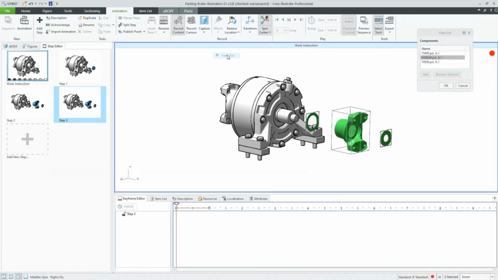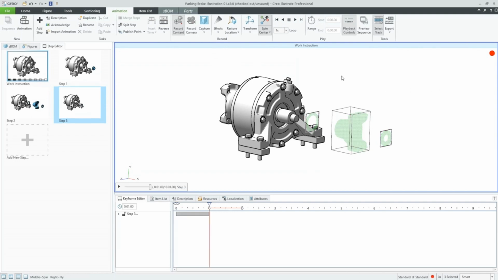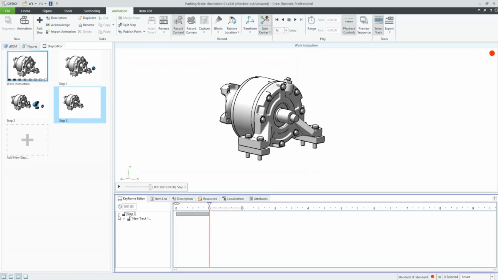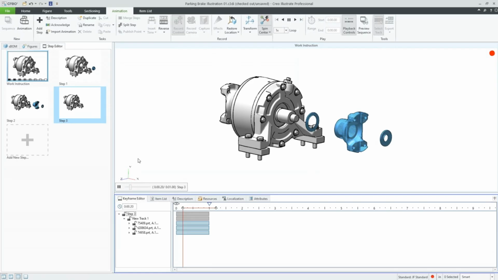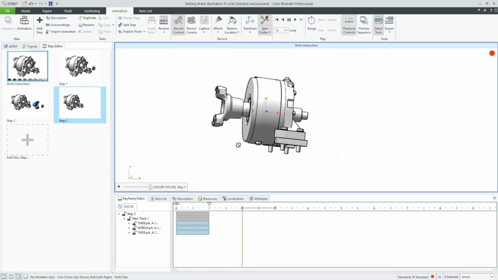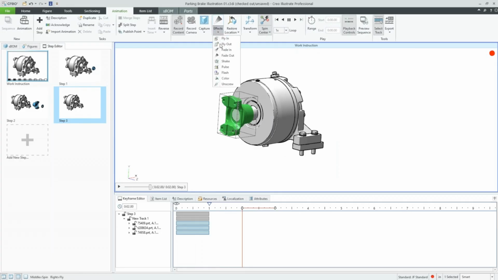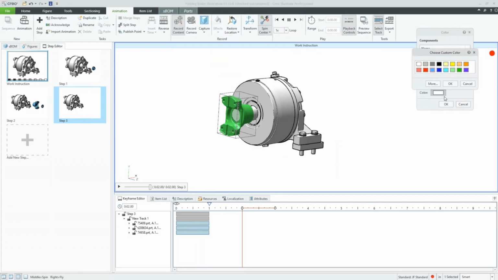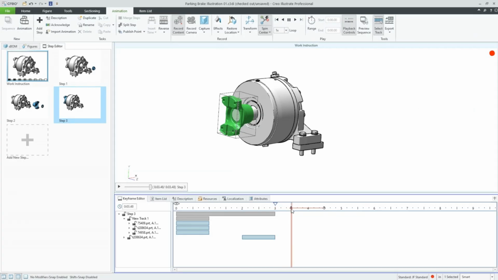If I want to continue the animation, I can simply select on parts, like the drop down for effects, and apply different effects to those parts. Here you can see that I have applied a fade out effect, and those parts will disappear from the view. So in my timeline, I'm capturing keyframes as well. These keyframes are